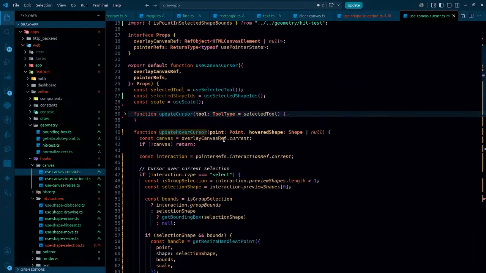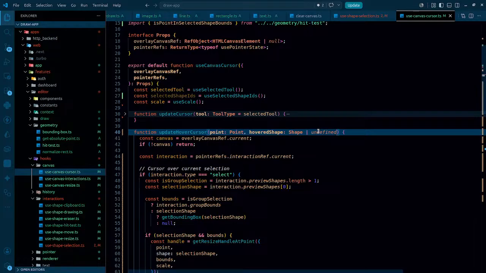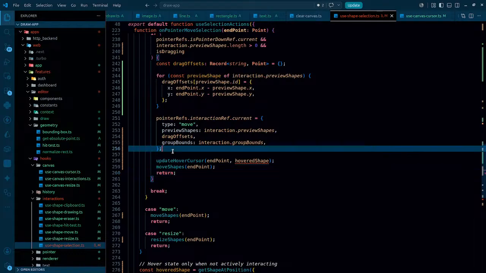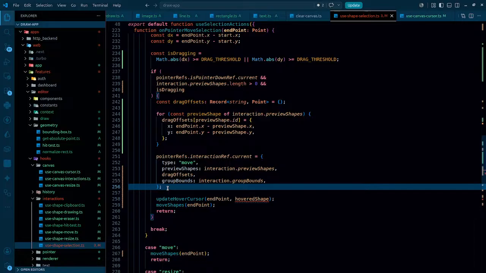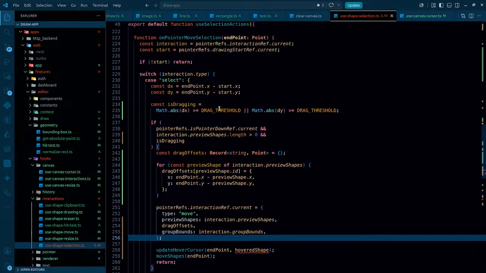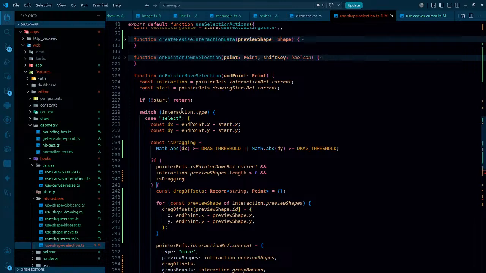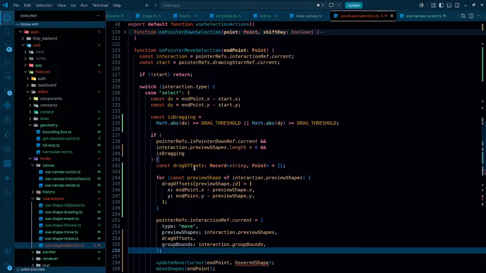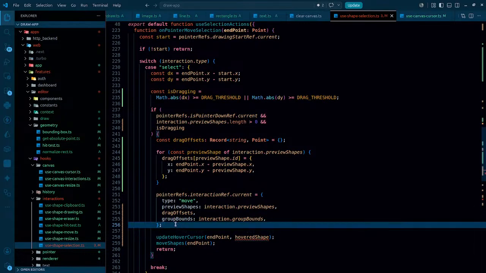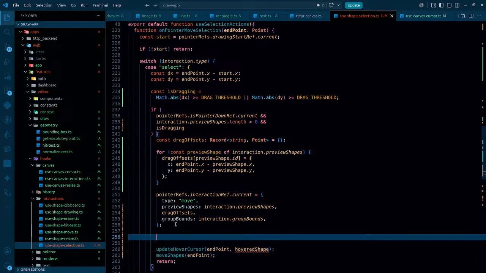So in that particular case, the hovered shape can actually be null or undefined. As I move my mouse, I already have the end point. This is gonna be needed especially when we are hovering over the